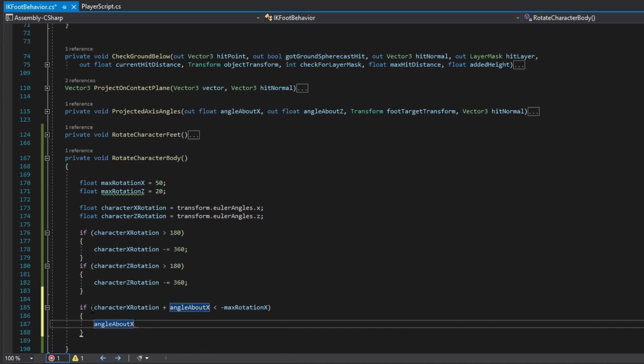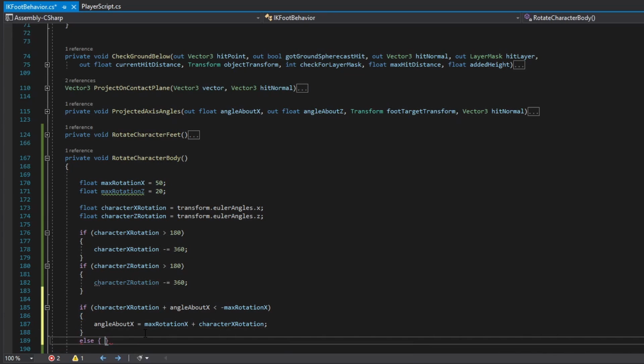And I actually need to set this earlier. We're going to define a new angle about x each time we call this script, but for now, I'm just typing this in. So our new angle about x, just going to do some quick algebra and move those around. We're going to take the max rotation x, subtract the character x rotation, and that's going to be our new one. Else